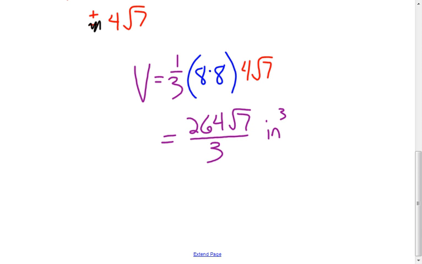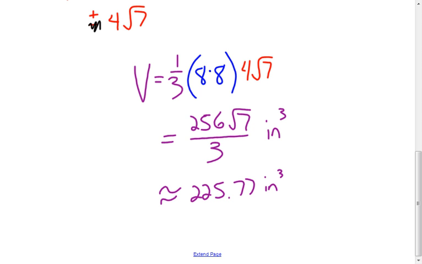Now if I wanted the oopsie, sorry, it's not 264. Let me try that again. It's 256. Slight difference there. So it's 8 times 8 times 4 is 256. Multiply by the root 7, divide by 3, and we will have our exact answer. Now if I want the approximate, I'm going to want to take that, multiply it by the square root of 7, and then divide by 3. So if I type all that in on my calculator, I'm going to come up with an approximate value, which is probably nicer in this situation, of 225.77